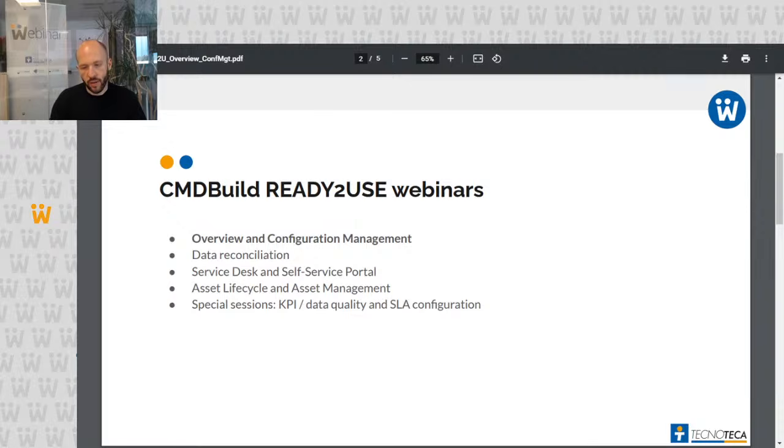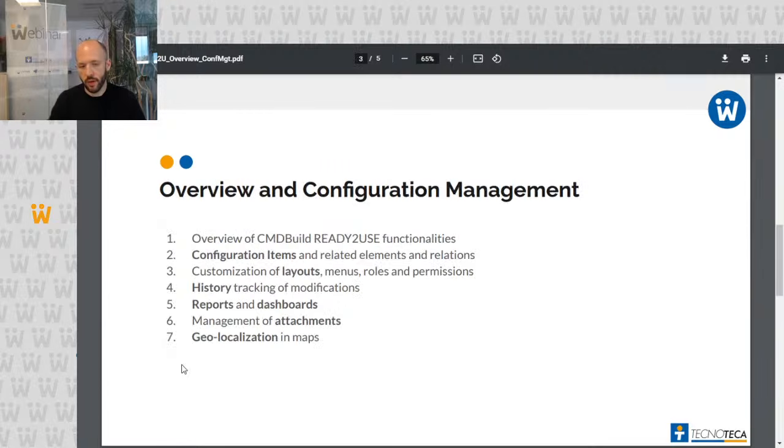And regarding today, we are going to talk about the configuration management module of Ready-to-Use. First of all, we are going to have an overview of what you can do with CMDBuild Ready-to-Use. Then we will go more in depth into the configuration item hierarchy, and I will show you which kind of elements can be managed and the kind of relations that we have,